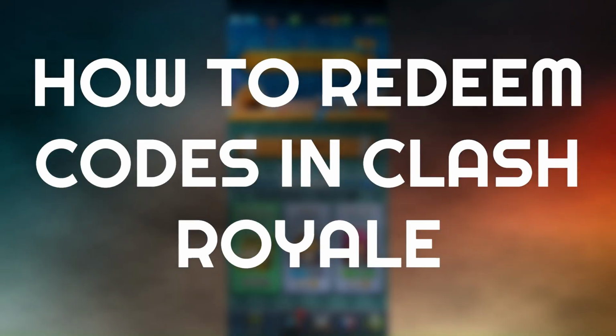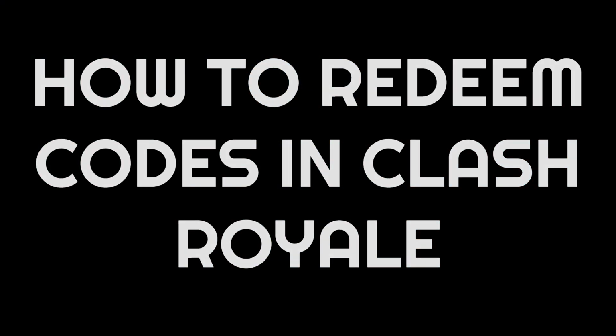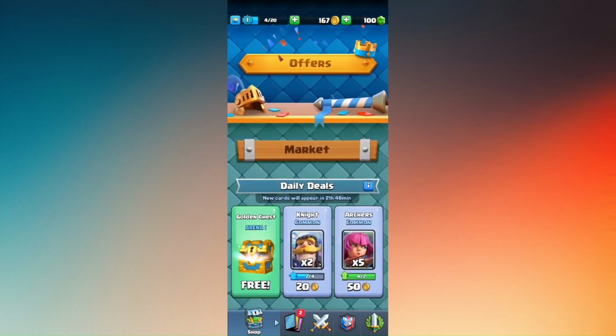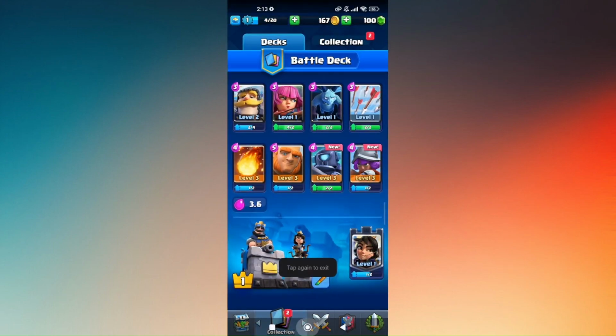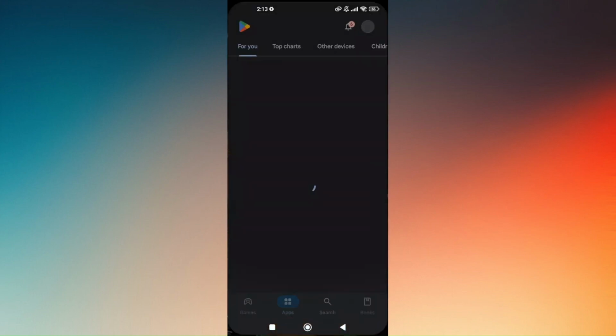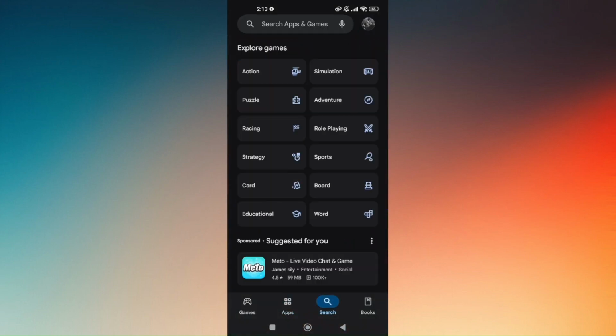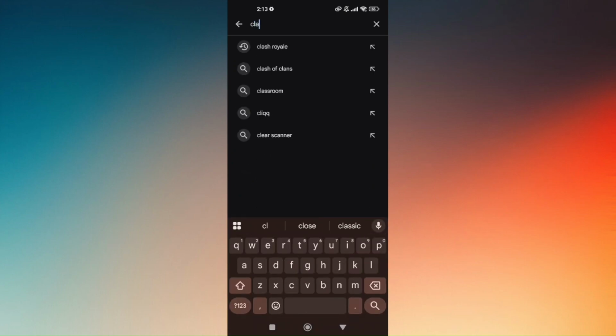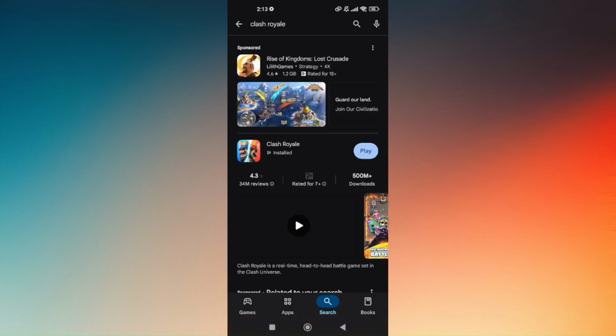How to redeem codes in Clash Royale. First things first, before we go into the tutorial, ensure that you're currently running the latest version of the application. Just simply go to your Google Play Store or where you downloaded the app on Clash Royale, and then